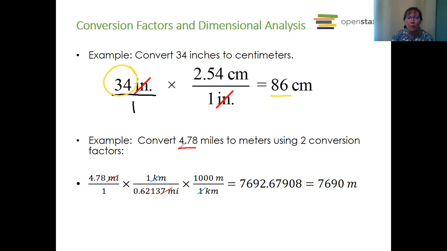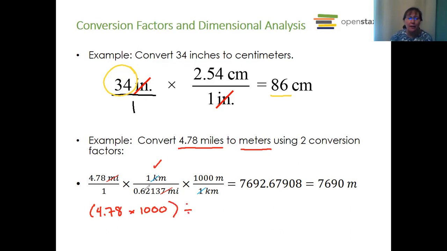Here we're going from 4.78 miles to meters, and we're going to use 2 conversion factors. The first one is this: 1 kilometer is equal to 0.62137 miles. And this other one, 1,000 meters to 1 kilometer. Now the way that you would find this on your calculator usually is that you would do 4.78 times, and I ignore the ones, so times 1,000